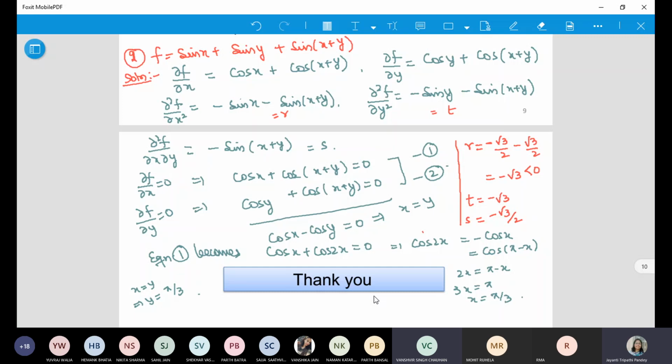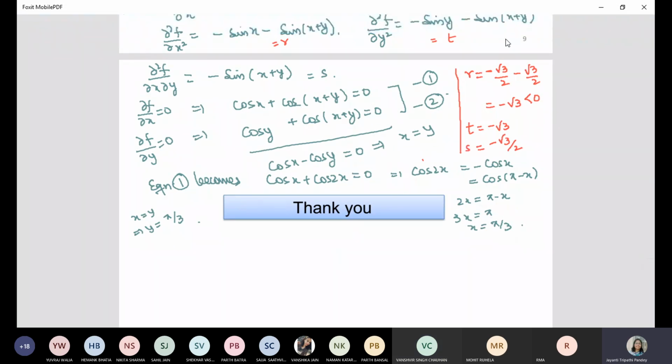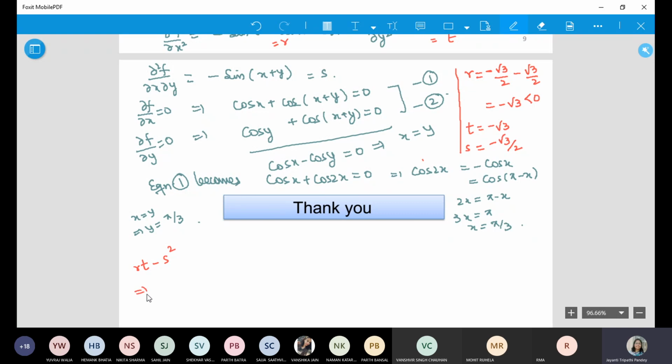Yes, ma'am. Now let's try and substitute the value. You have to write rt minus s square. So r is minus root 3, t is also minus root 3, minus